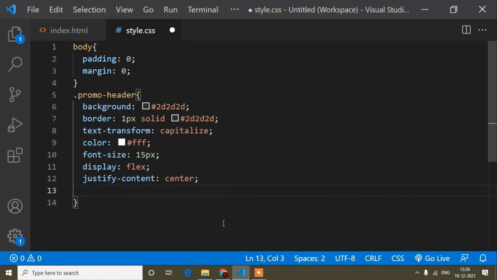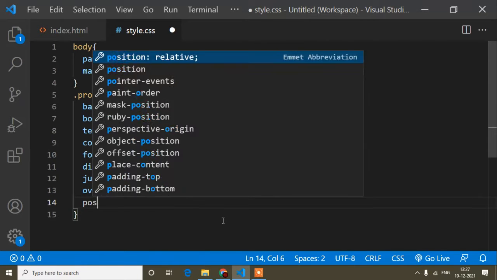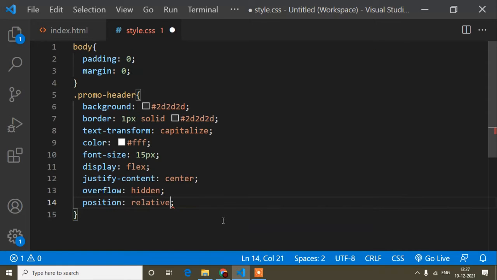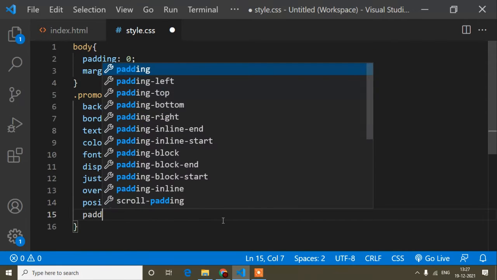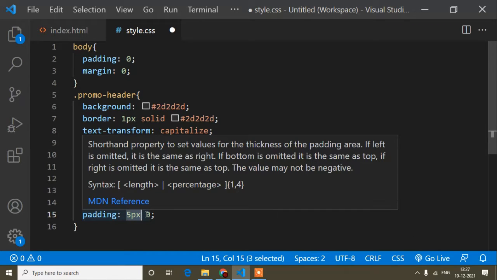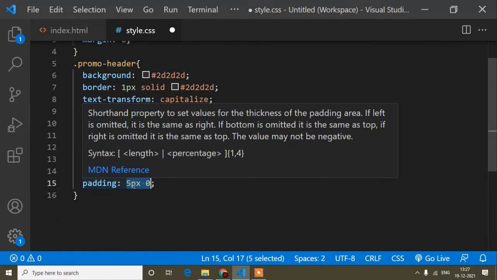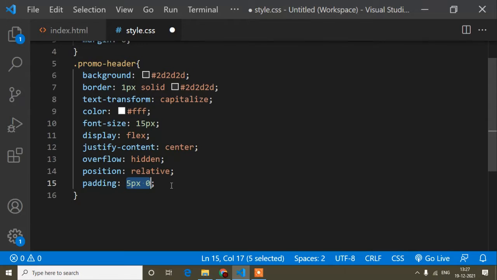So justify content is center. And now overflow I will write hidden, and position is relative, and padding is 5 pixel and 0. So guys, that means top and bottom is 5 pixel and left and right 0. So we can write it like this, it will denote top and bottom 5 and left and right 0.